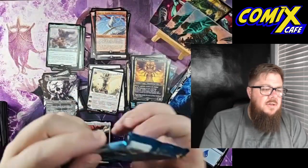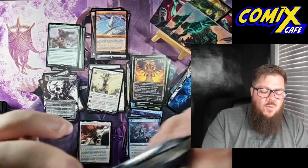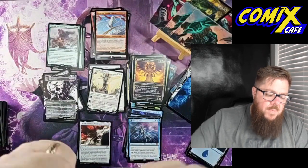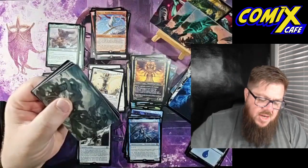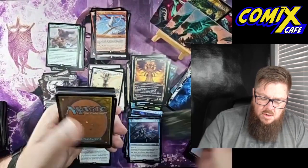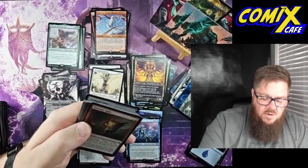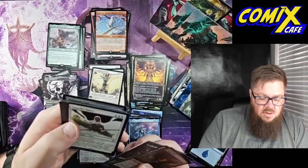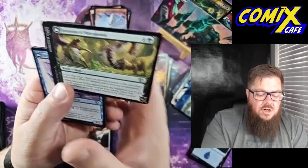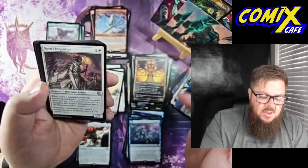Here we go. Last pack magic. There's that Imri artwork. Very cool looking. Put our token down. I'm going to scooch over to our Siege card. There we go. See what we pull. See what our last pack